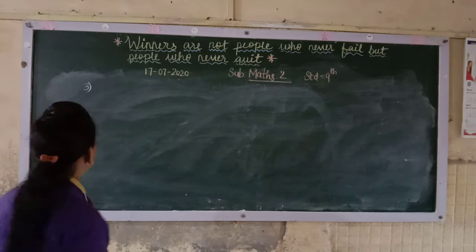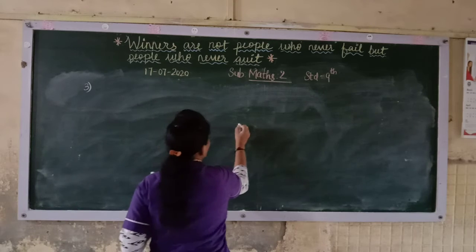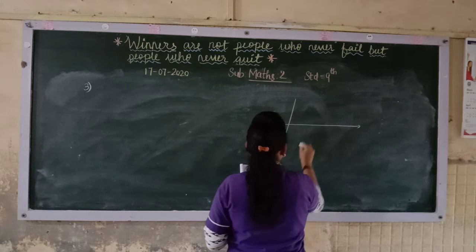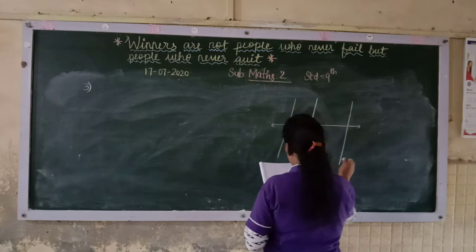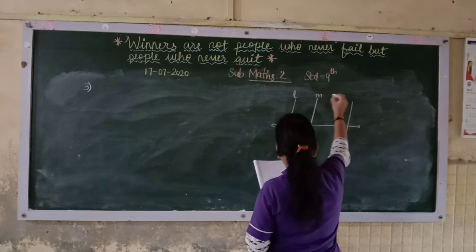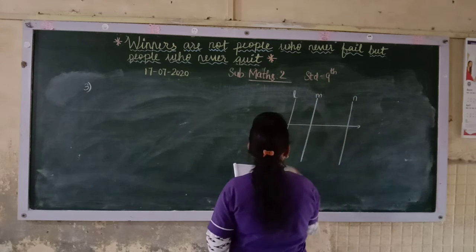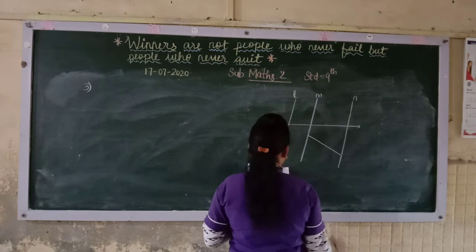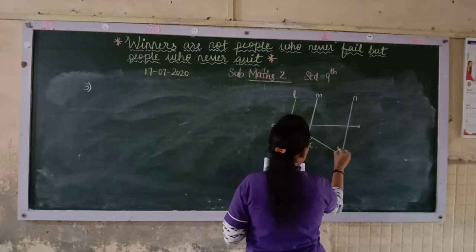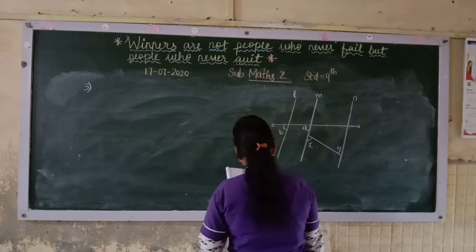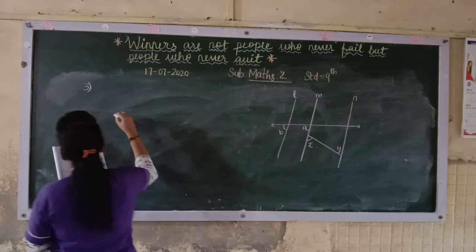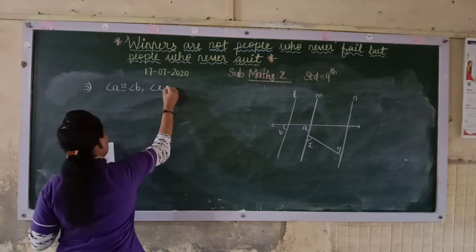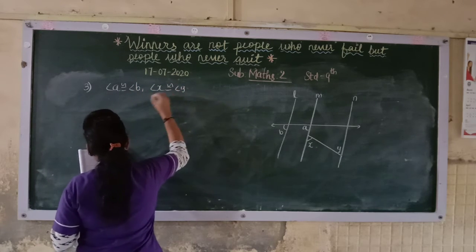You see the third one. These three lines are parallel, but we have to show that. Here it is B. Here it is X. This is Y, and this is A. What they have given over there is that angle A is congruent to angle B, angle X is congruent to angle Y. Prove that